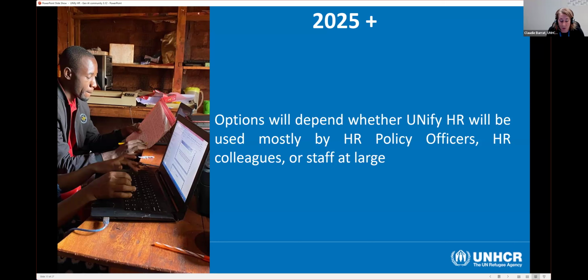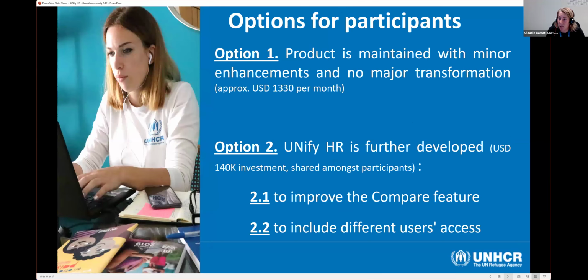Other organizations want to expand it to all of their HR colleagues who are responding to queries from all staff members, who are doing case management. And other organizations want to make it available to all staff. Therefore, UNICC prepared different options for organizations,